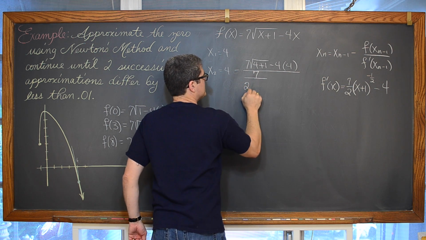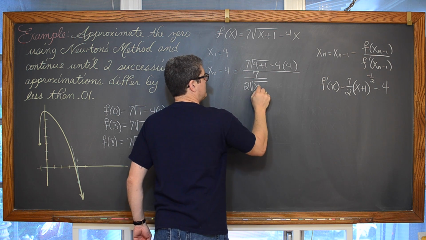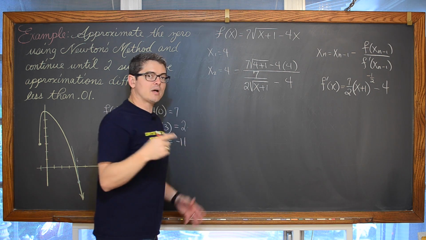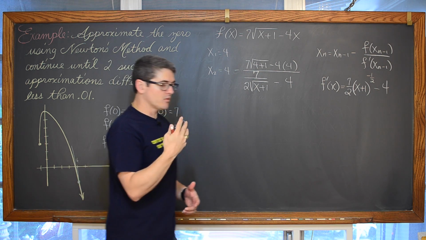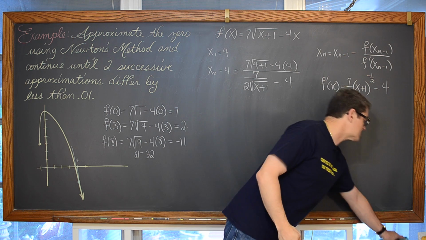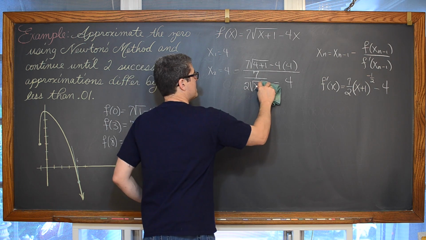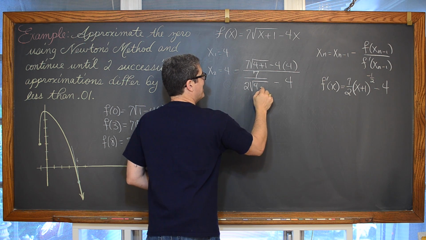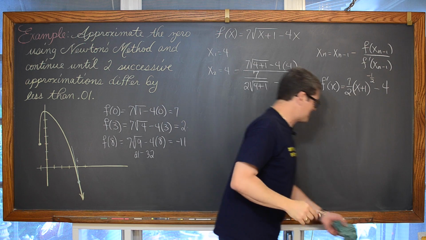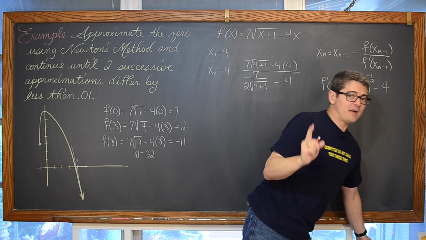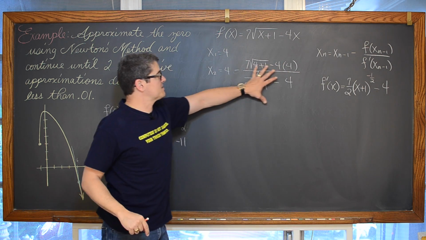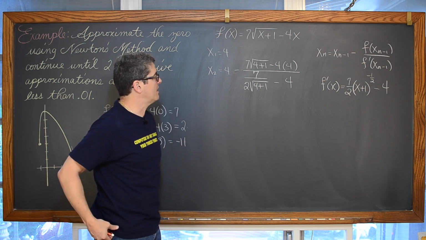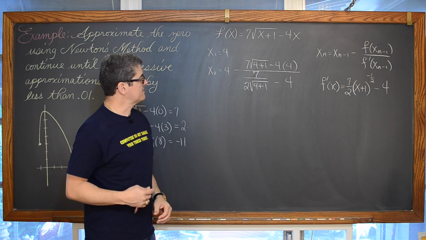7 over 2 times the square root of x plus 1 minus 4, except of course we're not writing the derivative down there. We're using the derivative to tell me slope. We're finding the slope at 4, so we're taking the square root of, excuse me, 4 plus 1. Right off the top of my head, just type this all into your calculator if you can. Be careful of your parentheses, or hopefully you have a newer graphing calculator that allows you to use math type.